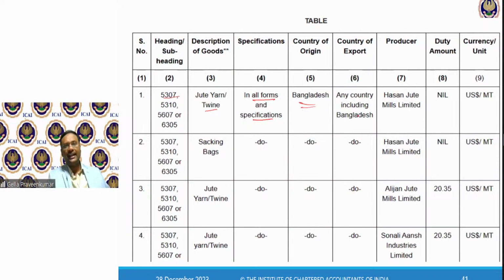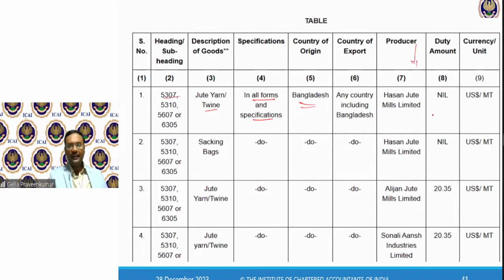Country of export, any country including Bangladesh. So the goods may come from Bangladesh or maybe from any other country indirectly. And they have also identified a producer called Hassan Jute Mills Limited. The amount of duty indicated is nil. Currency per unit, US dollars.